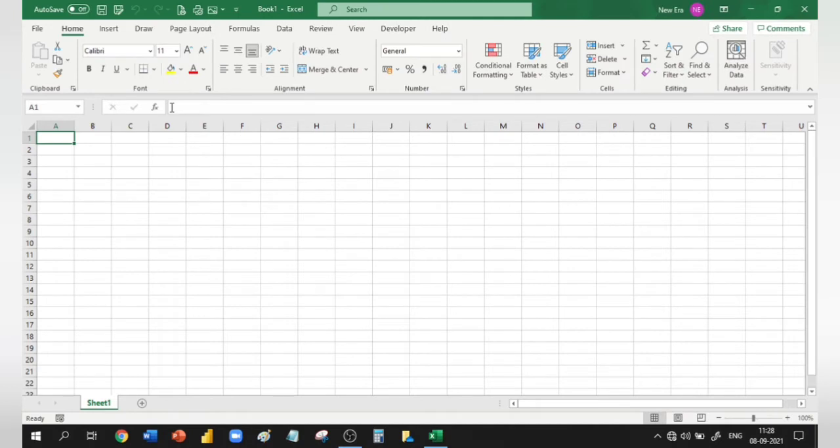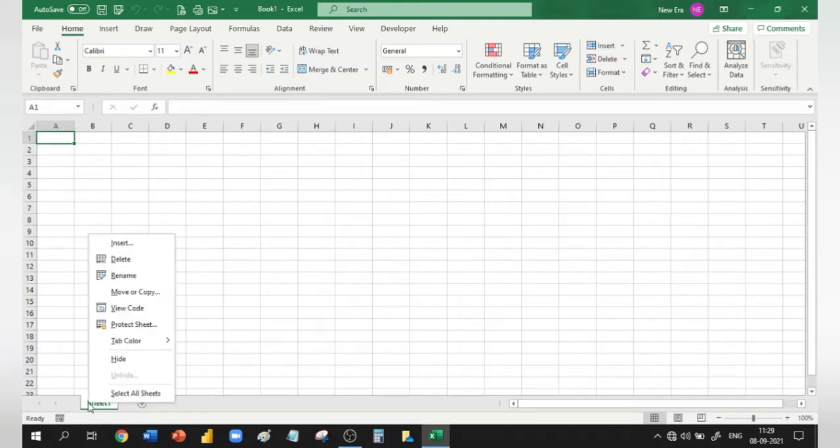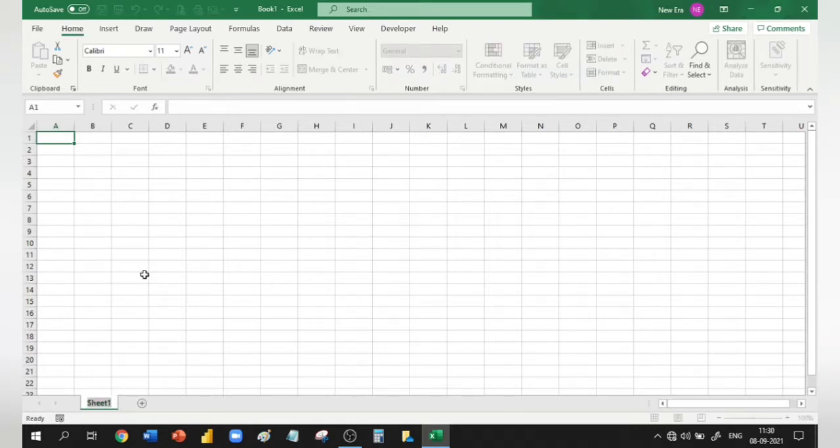So this is how your MS Excel blank workbook will look. The entire set of sheets that are there in this file is called the workbook. Now you can rename a sheet over here, or you can add a few sheets. Renaming is very easy. You can just right click on this sheet button and click on the rename option. So you can name this sheet as basics, since we will be learning the basics of the sheet. And this is how easy it is. You can add new sheets just by clicking on this new sheet button and go ahead adding as many sheets as you wish to.